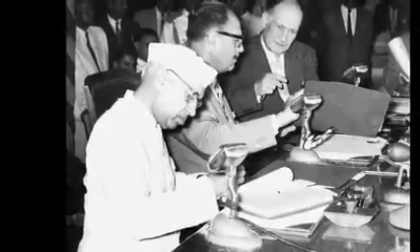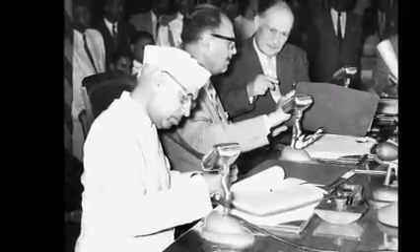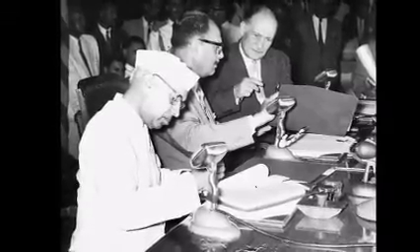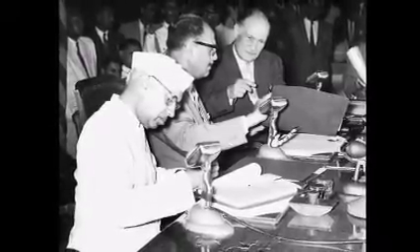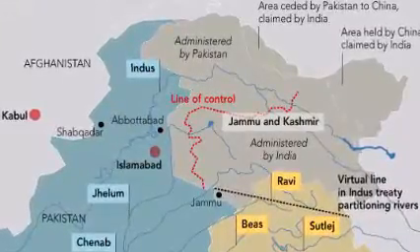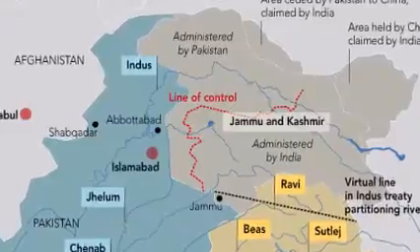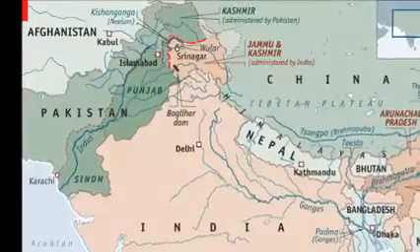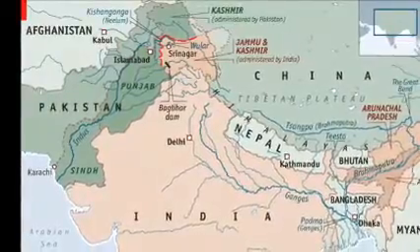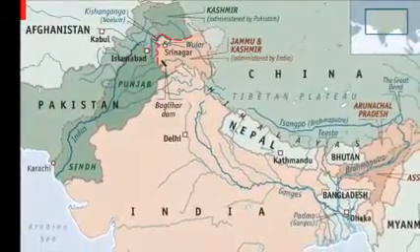Indus Water Treaty is a water distribution treaty between India and Pakistan, brokered by World Bank in 1960. According to the agreement, eastern rivers, Beas, Ravi, and Sutlej were given to India and western rivers, Indus, Chenab and Jhelum were given to Pakistan. As per the provisions in the treaty, India can use only 20% of the total water carried by the Indus